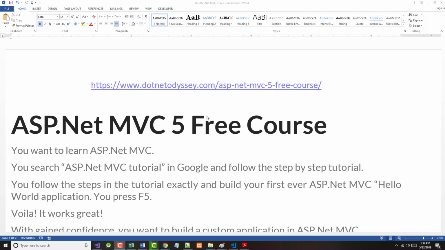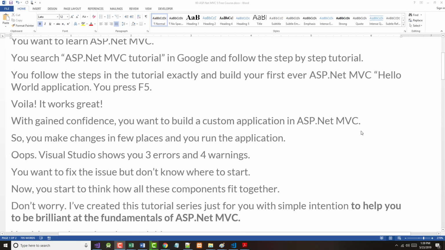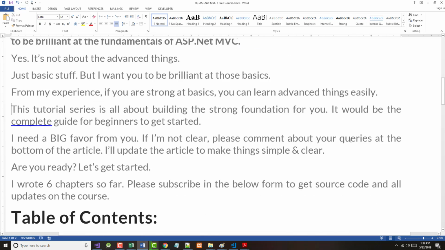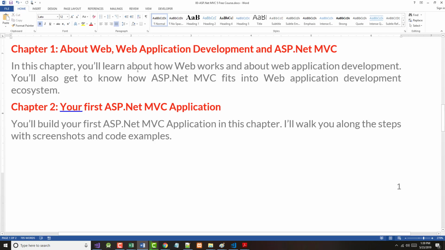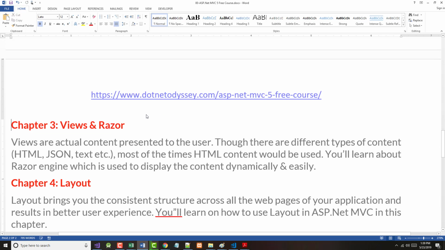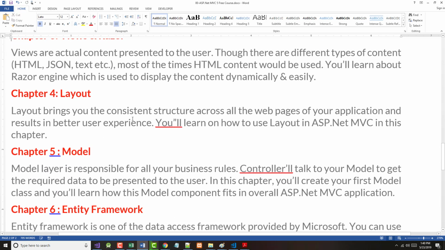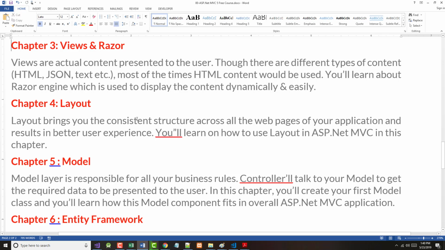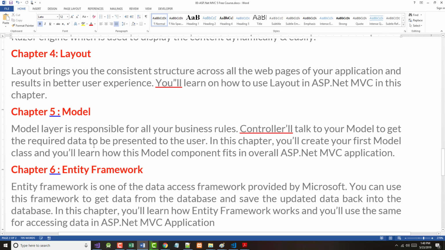A little thing here that's called ASP.NET MVC5 free course. And so far I've gone through chapter 1, which was kind of an intro chapter, chapter 2, where we built our first ASP.NET MVC application, and we just finished up with chapter 3 on views and Razor, which brings us to chapter 4,